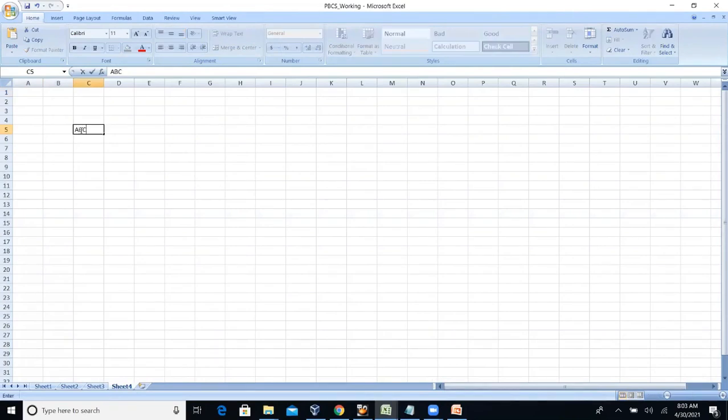I will take one example, A, B, C. A I'll put as plus, B I will put as plus, C I will put as plus. I have used all consolidation properties as plus. How it will work is 10, 20, 30. Do you have any idea how much it will come to the parent? That is 60. Okay.